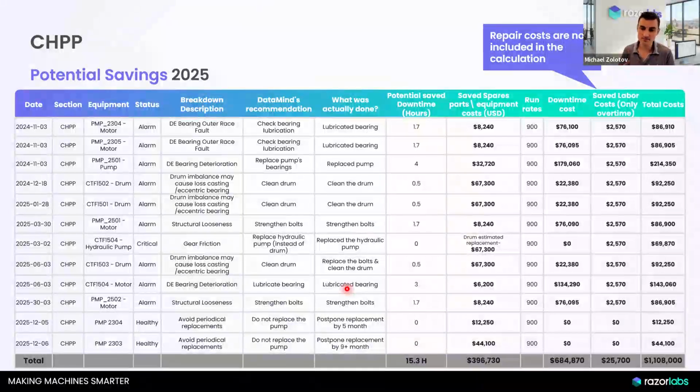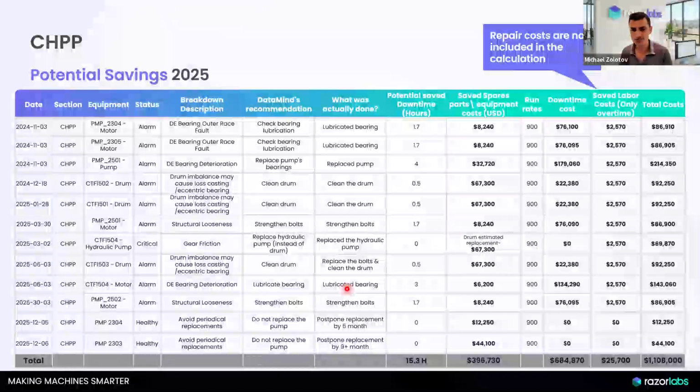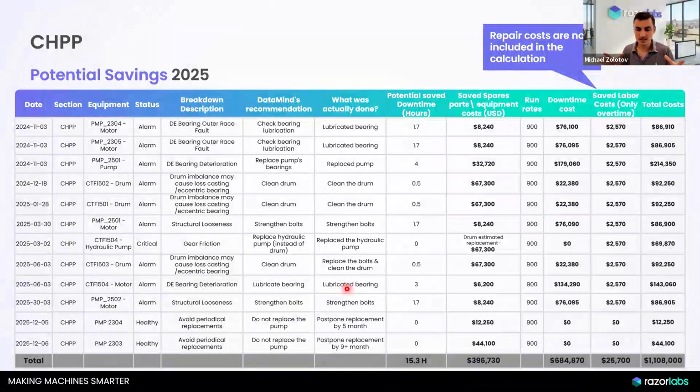After installing the system, they've seen that the pumps, after reaching 24 months, are actually still green because all of these factors that previously shortened the life of the pumps, whether it was severe imbalance or cavitation and other flow issues in the pump, all of these issues are now gone and the pump just lasts longer. And what the team on site did in this case is they took the cost of the pump, they divided it by how many months it used to last,